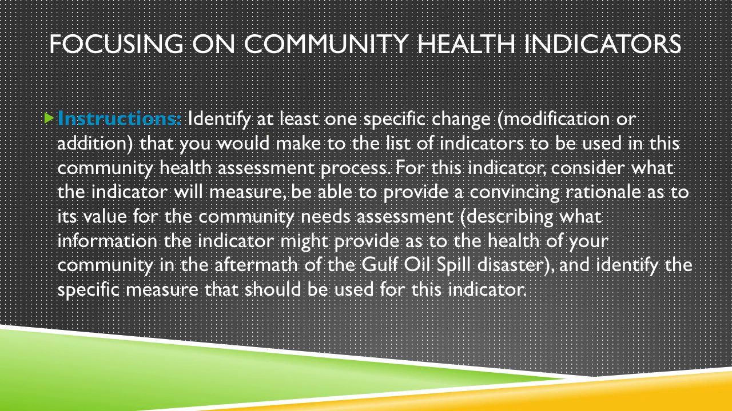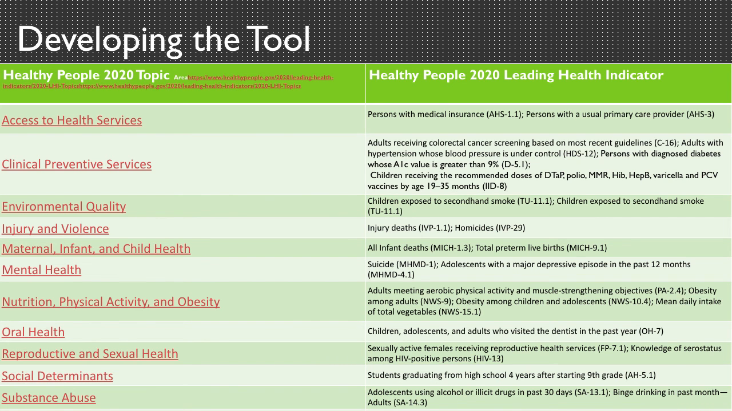As the basis of your indicators, please be sure to closely look at the leading health indicators of Healthy People 2020. Each group should come up with at least one specific community health indicator that you believe should be incorporated into our scenario, the upcoming community health assessment process. A detailed justification is critical to this tool. Your justification should specify